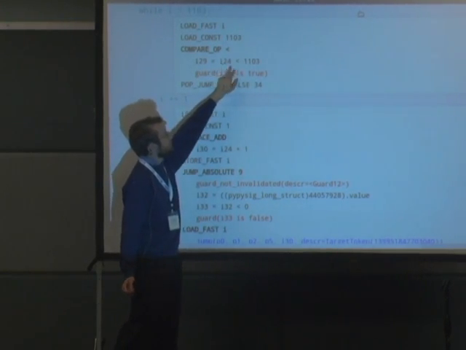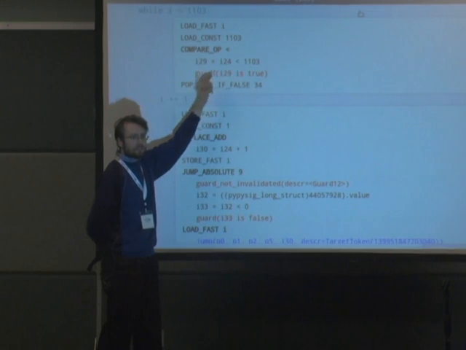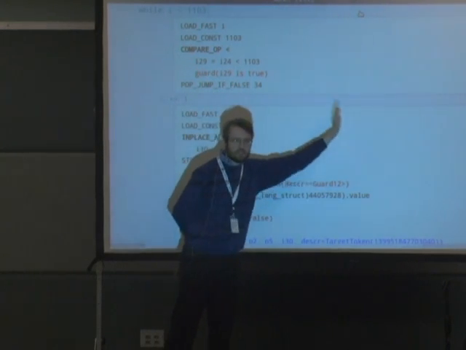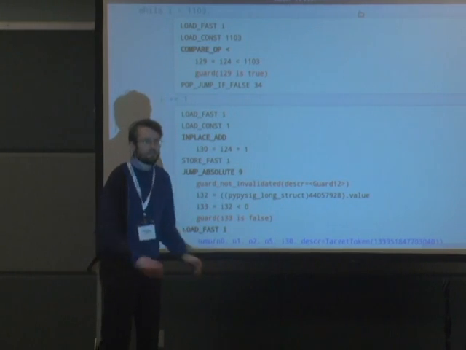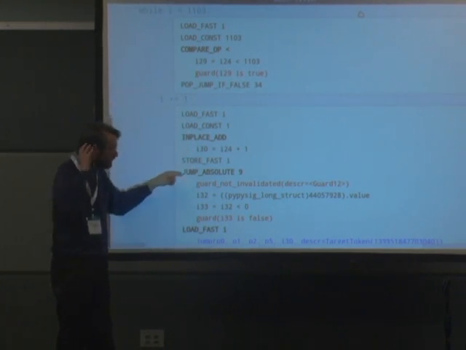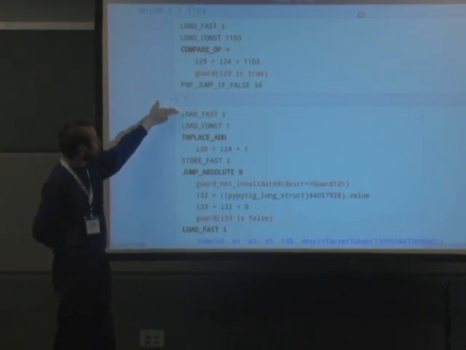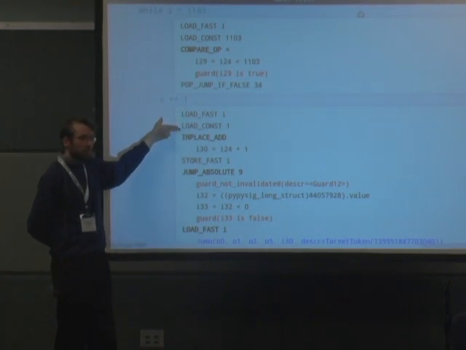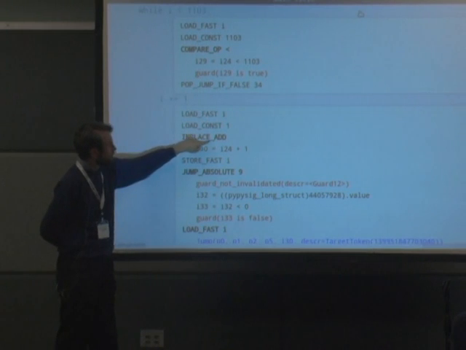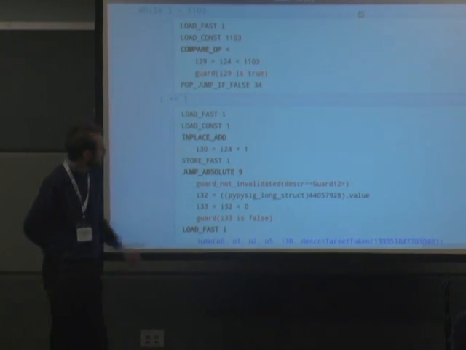So this means compare the register with this constant, you get a result, and this means guard that it is true: if it's false, jump somewhere else, where somewhere else contains code to resume the situation. And here, to do the i += 1, you see, for example, that these two bytecodes, in the sense of Python, do not generate any low-level code, but only the in-place add will do the i plus 1.